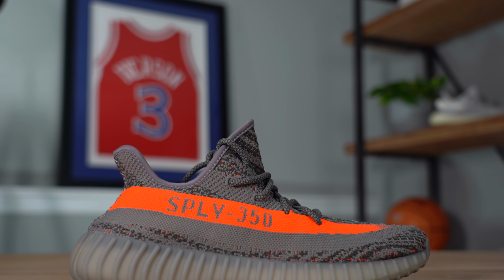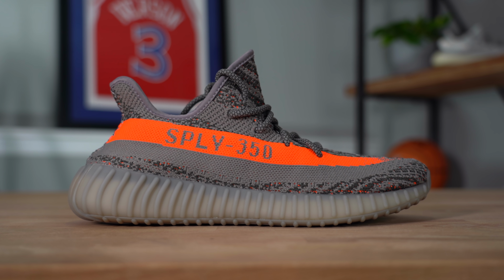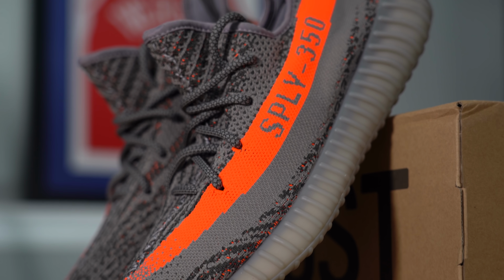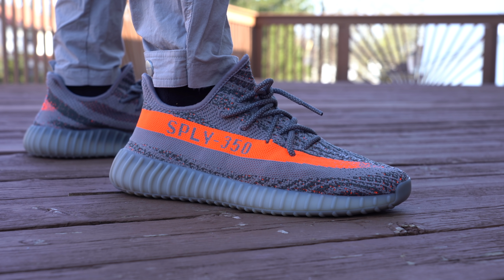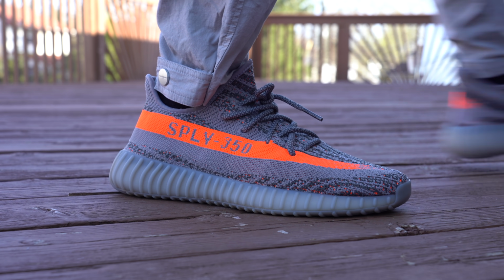So the Adidas YEEZY Boost 350 V2 Beluga first released on September 24th, 2016 for a retail price of $220. And as I've already mentioned, it was the very first 350 V2 to ever release. And overall, it was a pretty huge change from the original Yeezy Boost 350s. The design and silhouette of the shoe had been very heavily refined, it felt better on your feet, it didn't have paint on the midsole which would rub off over time,